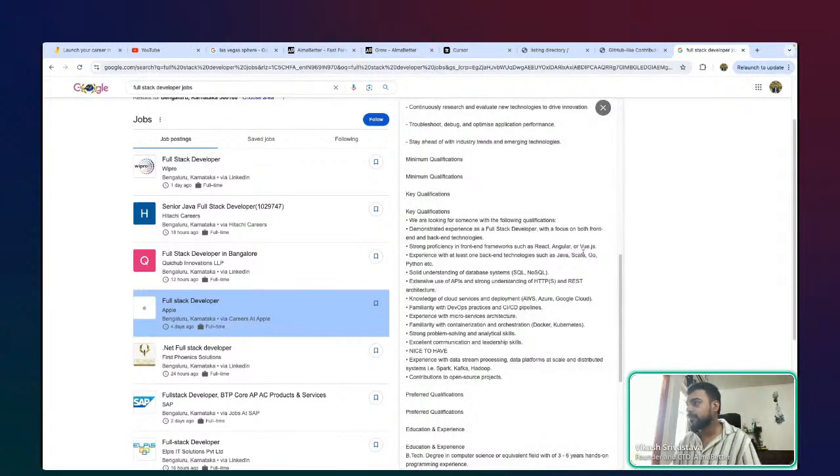So full stack developer, React, Angular, Vue. So React आता है अपने को. Experience with at least one backend technology such as Java, Scala, Go, or Python. So if you know Node, that is also fine. And maybe you just need to know the principles of backend. Language is not a dead end, right? So if you know Node.js, I think you can also write Python code, right? That's totally fine. So that's not a problem, I would say.